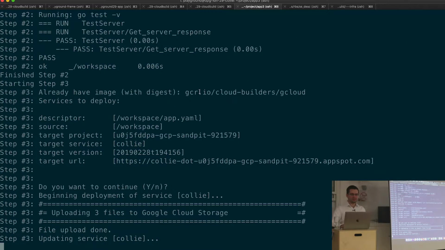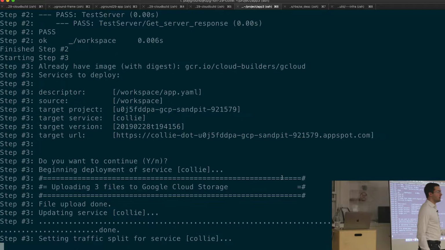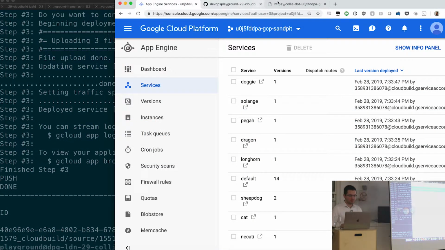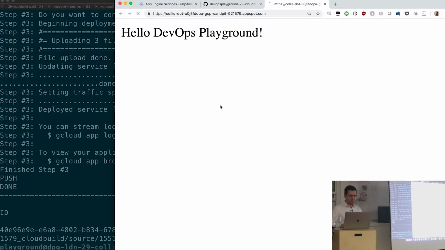Alright, so now we can see that the test passed. Well done, me. And then it's actually deploying my application. So deploying the application is always done in 2 steps. The first one is just updating service, creating a new version. And the second step is actually moving traffic from the old version to the new version. And there we are. So now if I refresh that,